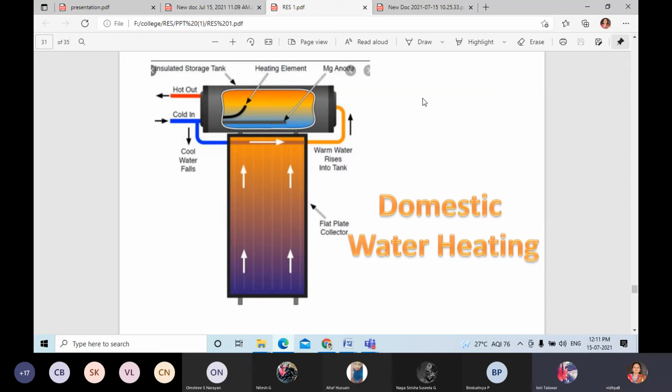This system usually complements an existing electric or gas hot water system to reduce our utility bill and provide approximately 40 percent to 70 percent of household annual hot water needs. For domestic applications, the solar hot water system is a mature technology that can provide hot water to meet a significant share of the hot water needs in a domestic building.